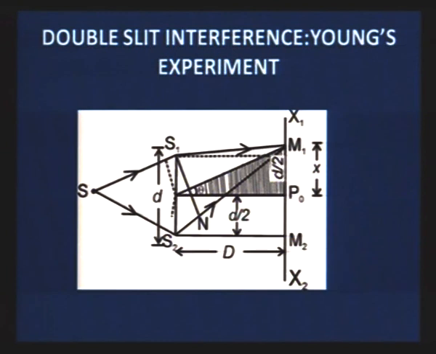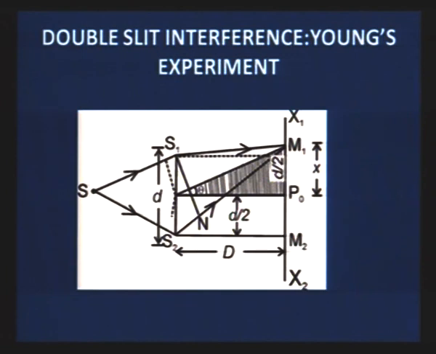If sources are coherent, the maxima and minima distribution of energy takes place, that is interference. If sources are not coherent, then intensity will be the algebraic sum, just I1 plus I2, and it is not interference. To get interference experimentally, there is one popular experiment, double slit interference, Young's experiment,